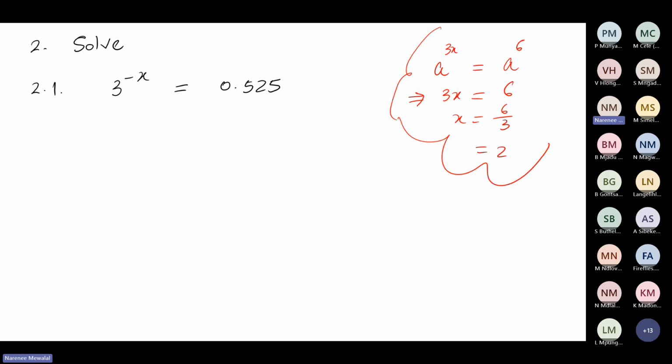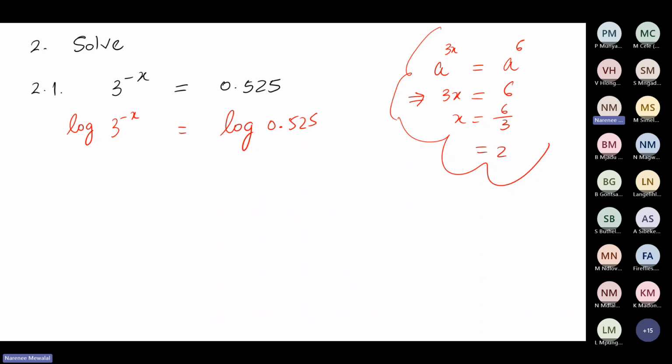And so what we actually have to do, when the two sides are not written in terms of the same base, is introduce the logarithm on both sides. So you're going to have the log on both sides. You're going to get log of 3 to the negative x is equal to log of